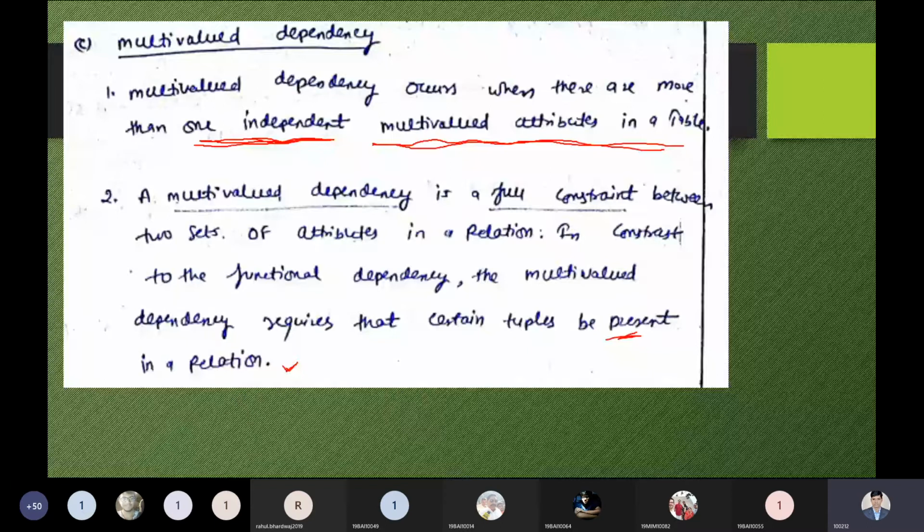It means we need to take the example from the multi-valued attributes. So in our relation, we need to see that we have independent multi-valued attributes. Multi-valued dependencies basically follow a constraint-based concept. So if we're talking about a constraint, then we need to take this concept by two important aspects. One is a constraint, another one is multi-valued. The multi-valued part we already discussed many times. So by the example, we can understand this concept properly.